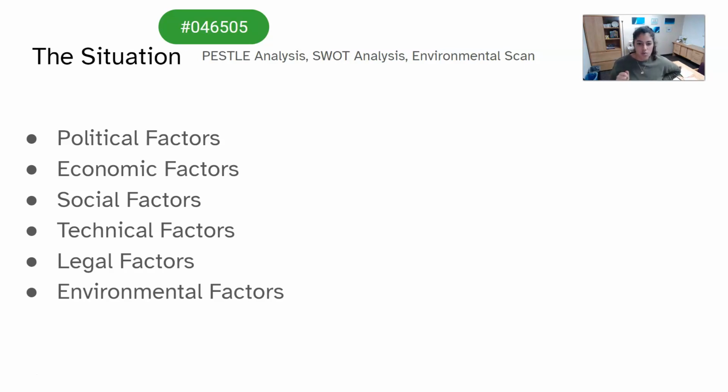Economic factors. This is one where it doesn't matter as much because we're internal PR, so I don't have to worry about that. I don't even have a budget I have to think about. So see if you could think of any, and we'll brainstorm on Friday. Social factors, right? You're going to be thinking about how professional advisors might interact differently than faculty advisors, than other staff on campus, how students are being interacted with. All of that could be social factors for this situation that you would have brainstormed.